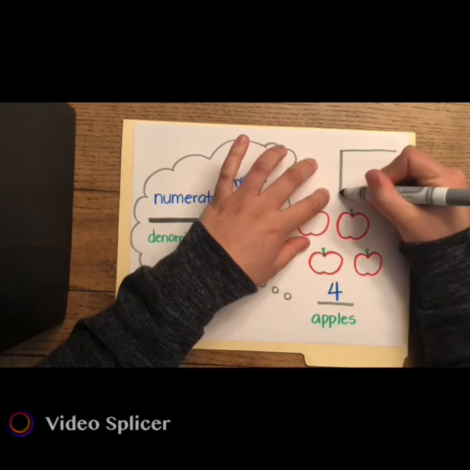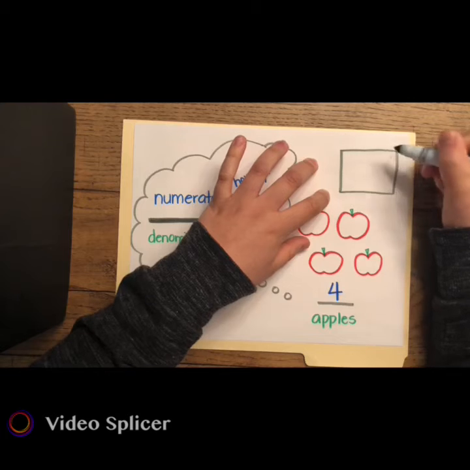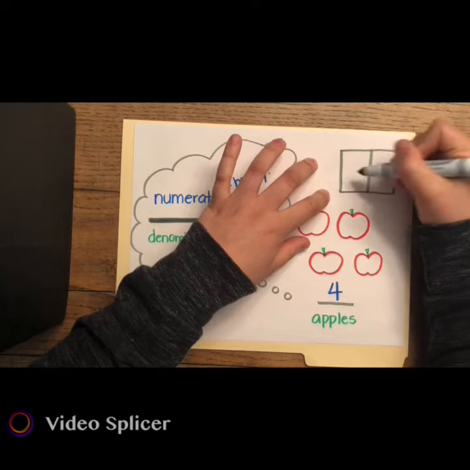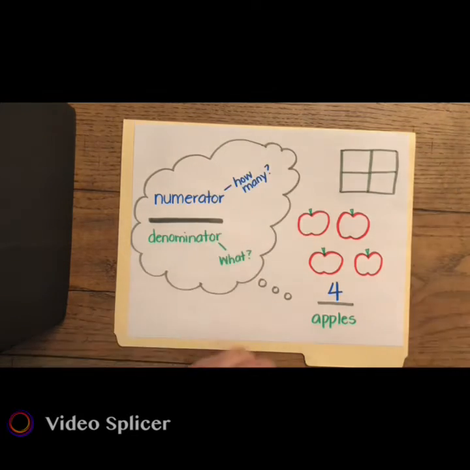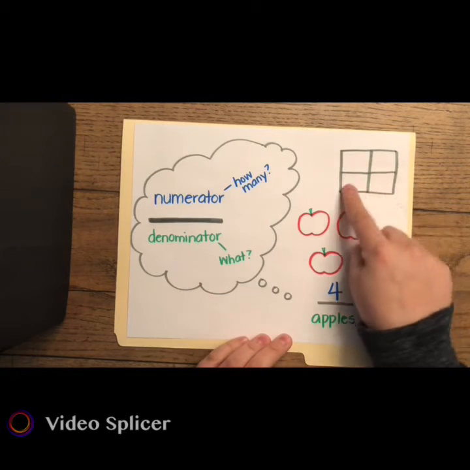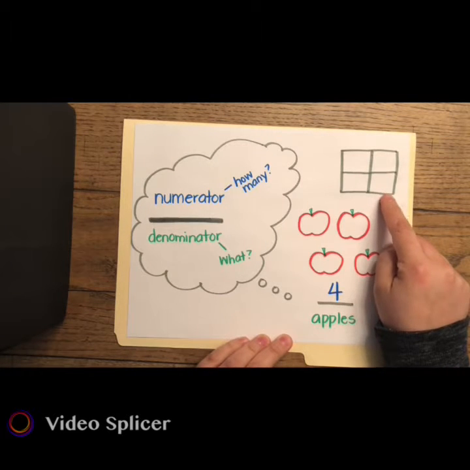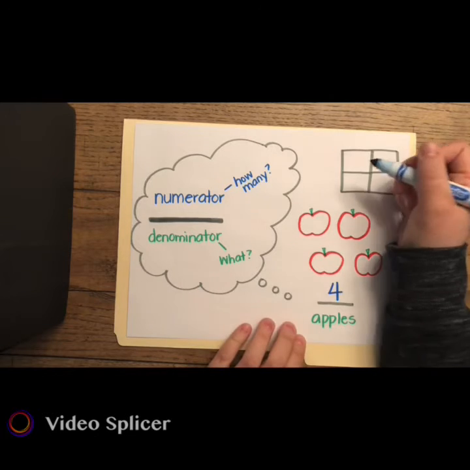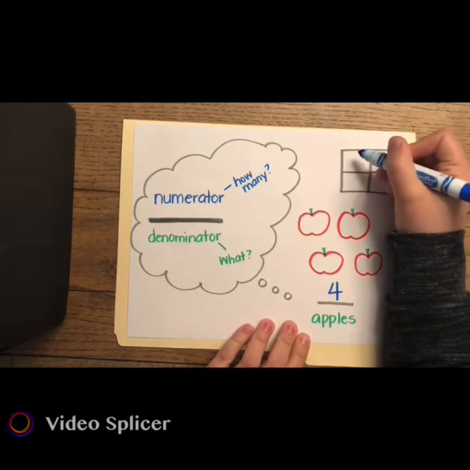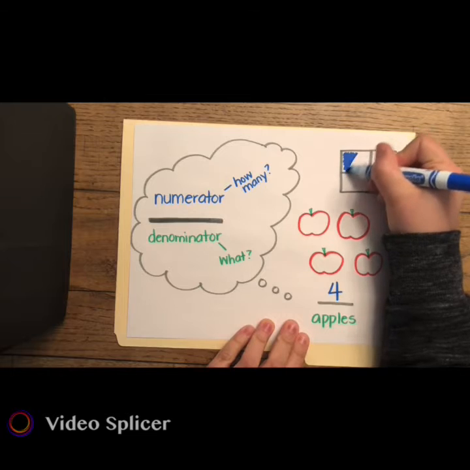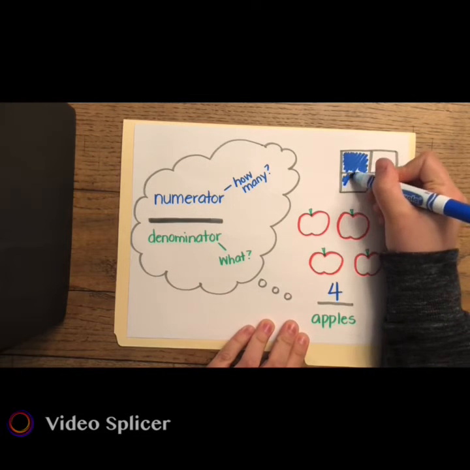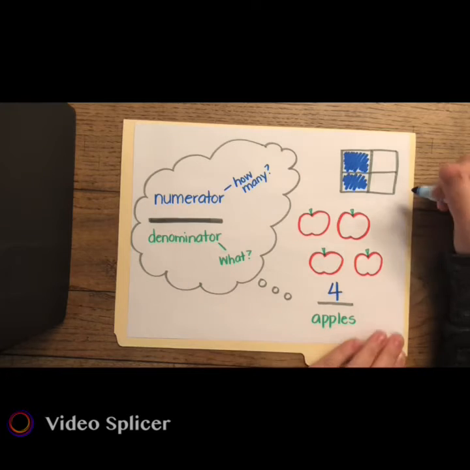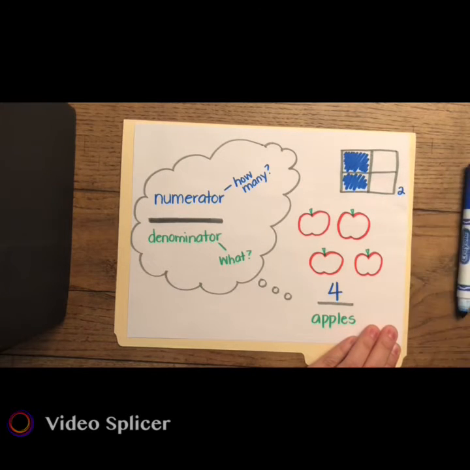Now, if I was going to look at a picture of a fraction, let's say I have a rectangle and it has been cut into 4 equal pieces. Well, my denominator is 4, that's my what, or what is my whole cut into, and how many pieces are going to be shaded in. So let's say I have 2 pieces. 1, 2. So my fraction would be 2